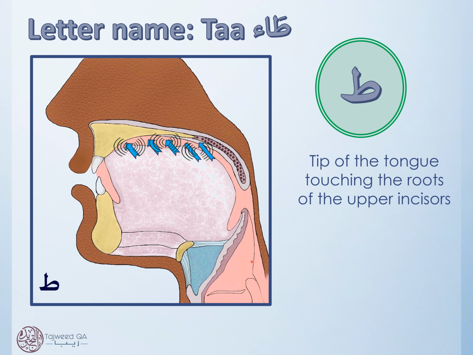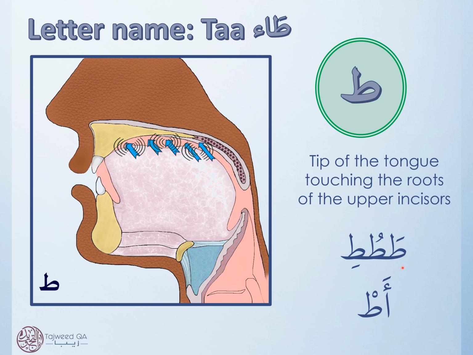So the Ta is a thick letter and an elevated letter compared to the Dal and the Ta, which were thin letters and they were lowered letters where the sound was lowered. And you can see here the narrowing in the throat. We narrow the throat by using this ligament here, which is attached to the epiglottis and the hyoid bone, by pushing this open, which pushes the epiglottis open towards the back of the throat, causing a narrowing in the throat, which causes an echo sound in the mouth. Ta, Ta.